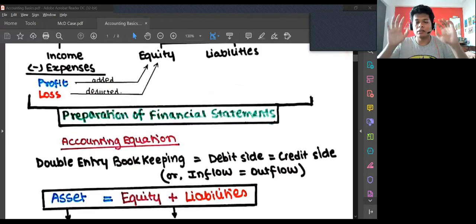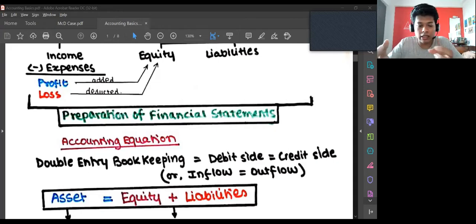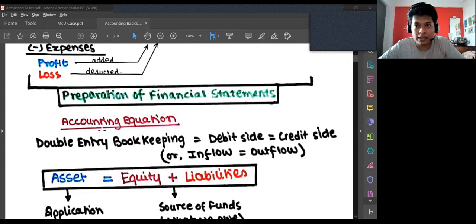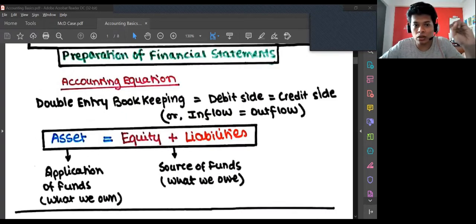So basically, with any transaction, say you take a loan, something comes, something goes. Or let's say, an easier example, if you buy an asset, what happens? Your asset comes, so you purchase an asset and then you pay cash, so another asset goes. So if something comes into the balance sheet, something has to go out. Think of it like that, the inflow and outflow will be the same. Now this accounting equation basically says that asset equals equity plus liability. You know, both sides of the balance sheet tally.